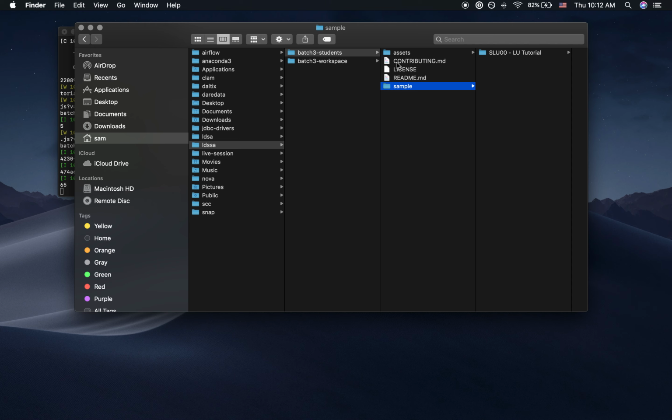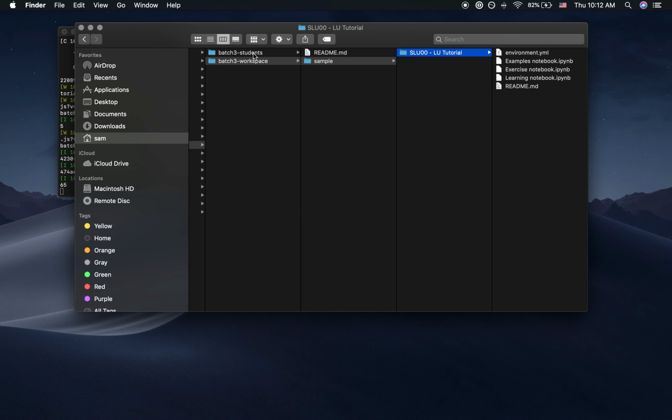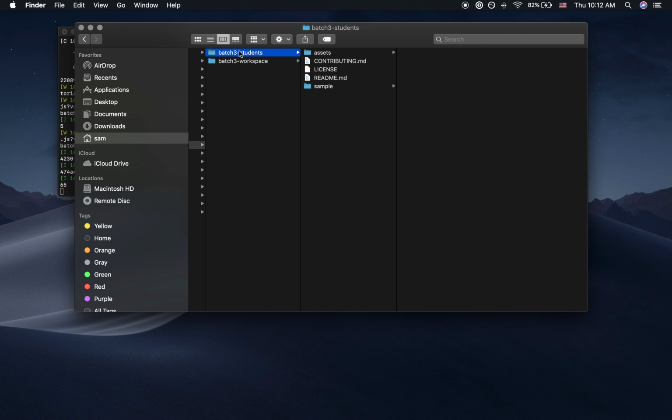You can just do a copy paste of the learning unit so that it is exactly the same as it is in the Batch3 students. As you can see in Batch3 students, we have this sample directory right here that has the SLU in it. I'm going to copy this entire directory so that the path stays exactly the same